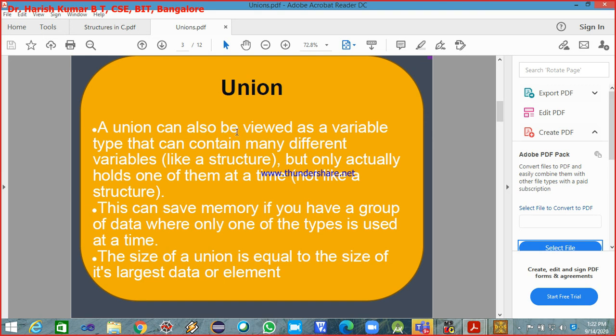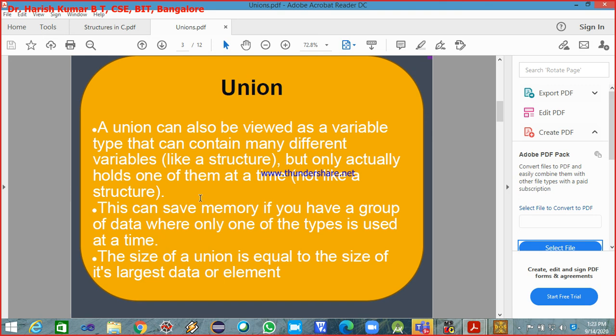A union can also be viewed as a variable type that can contain many different variables like a structure, but only actually holds one of them at a time. Not like a structure, which holds all of them. This can save memory if you have a group of data where only one of the types is used at a time.